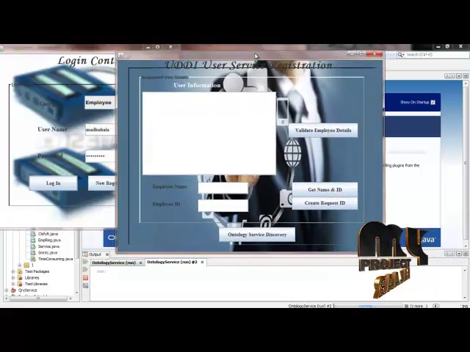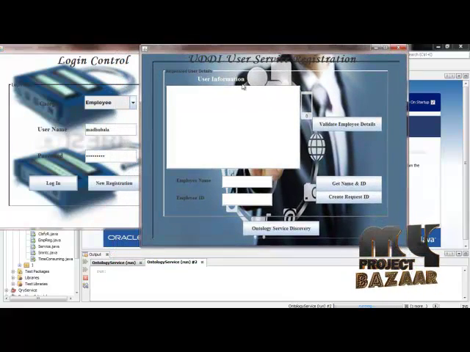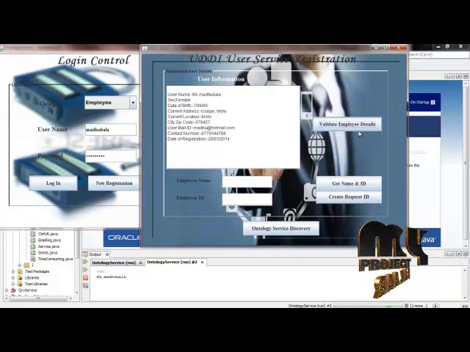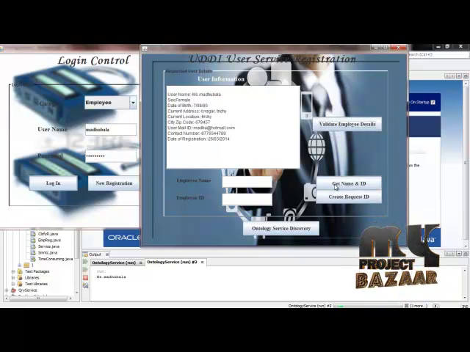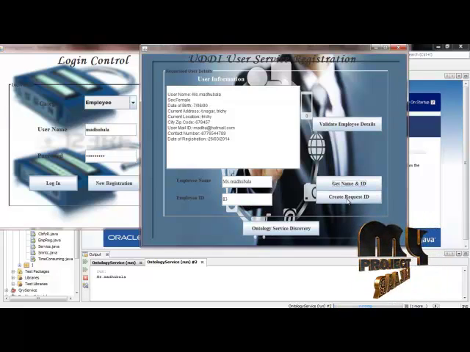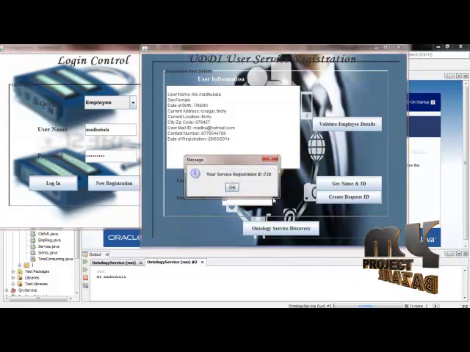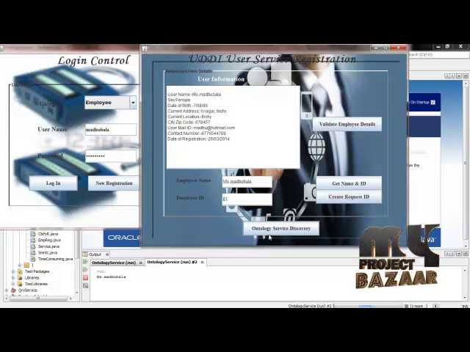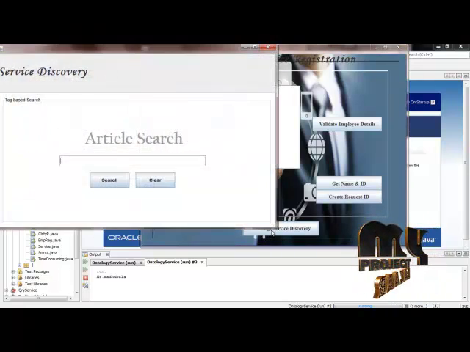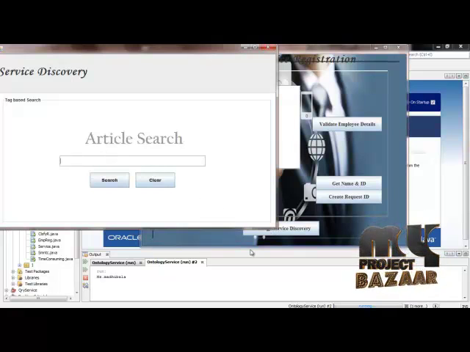So after the successful entry, now UDDI will validate the entered employee details right here and they will get their unique name and ID. Now UDDI will generate a request ID for this registered employee. Now it will start discovering the ontology services which are requested by the